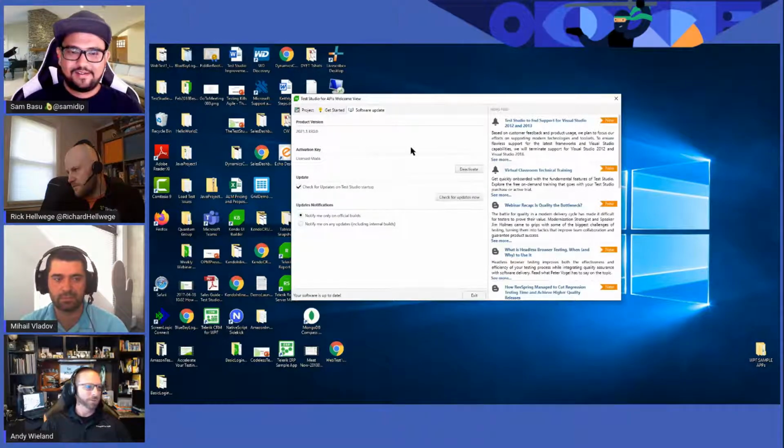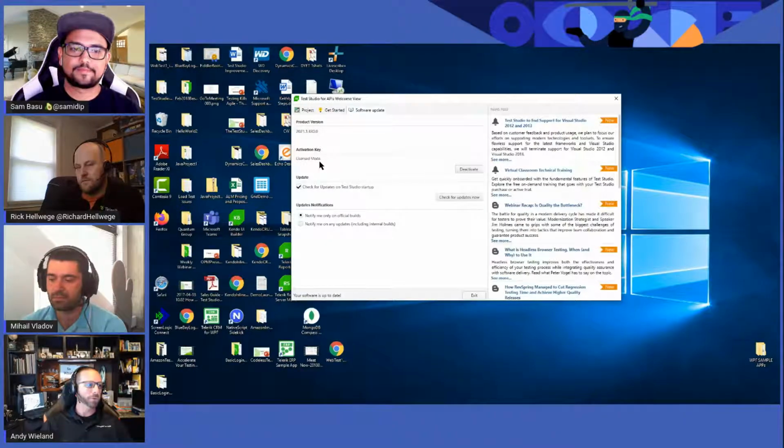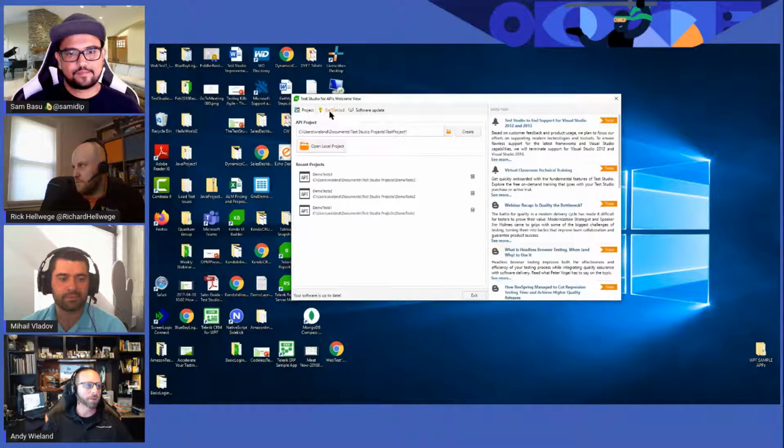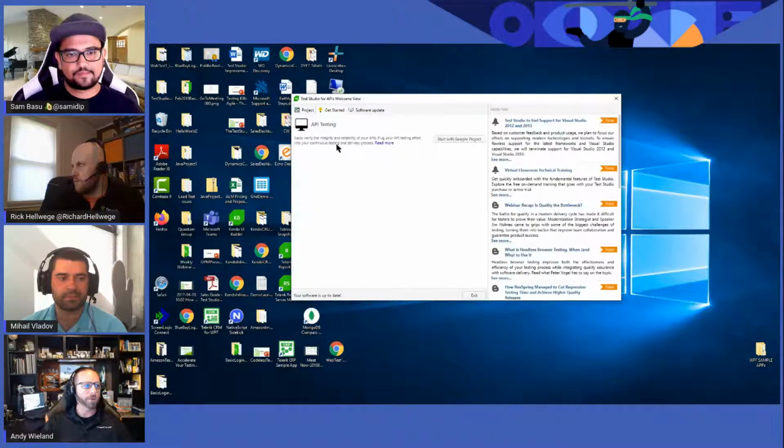Yeah, I figured, we're coming into the front door today, so we'll show people what that looks like, get them familiar. And there's also license management. We're going to be doing some more license options coming up in the future too, like licensing servers. So stay tuned for that. But I also wanted to point out, either web or API, when you go in, there's a Get Started tab, and there's actually some built-in projects that you can use to play with, learn, and steal from as well if you wanted to do that.